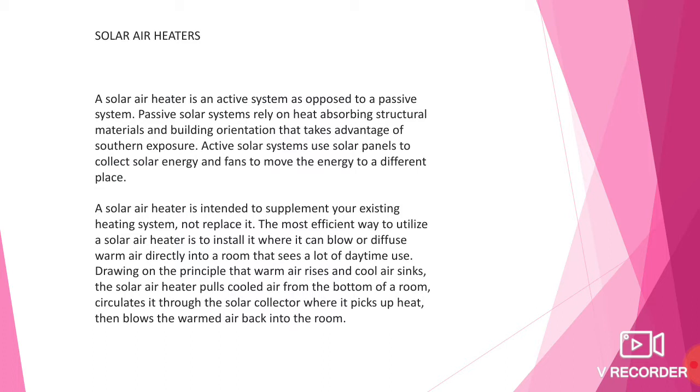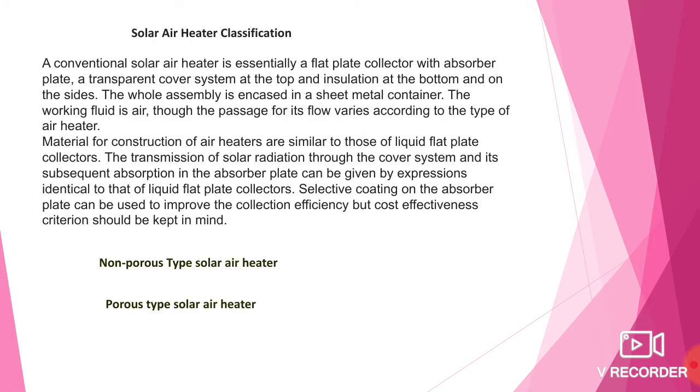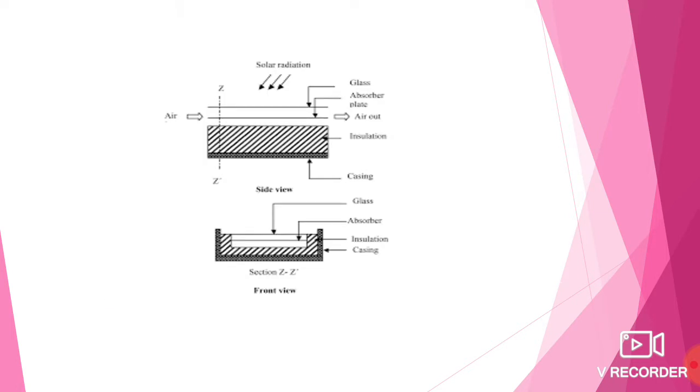There are numerous variations in the design of collectors for heating air by solar energy. Air can be passed in contact with a black solar absorbing surface such as finned plates or ducts, as mentioned in the previous section. We will see the particular solar air heater, side view and the front view. Here the air can be passed in contact with the black solar absorbing surface, such as finned plate or ducts. Then